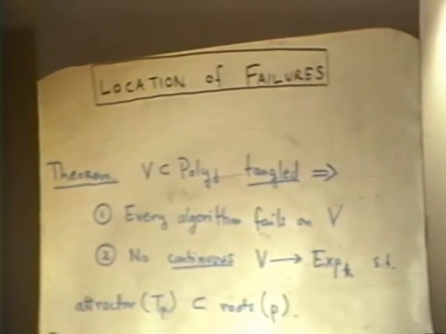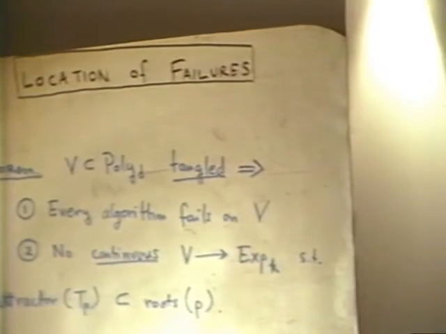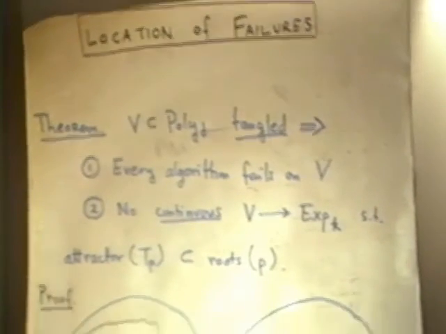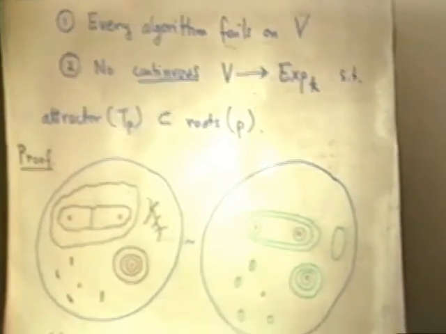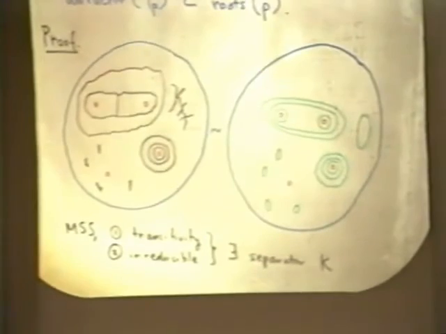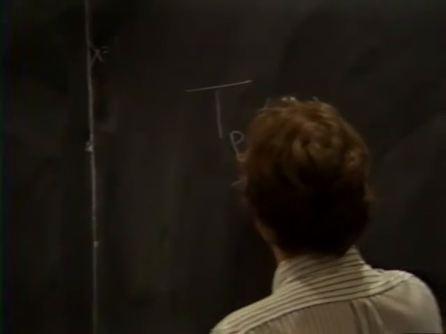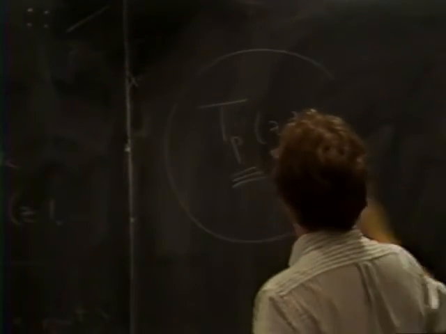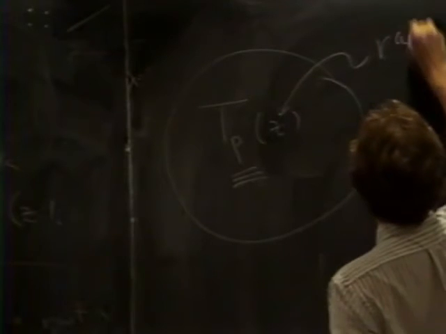So we saw that in degrees 2 and 3, we can find robust algorithms. So the slightly stronger statement is that essentially no matter how you weaken your dependence on p, if you require that your algorithm be a rational function of z, then there's no hope of finding robust algorithms which are generally convergent on these tangled sets.